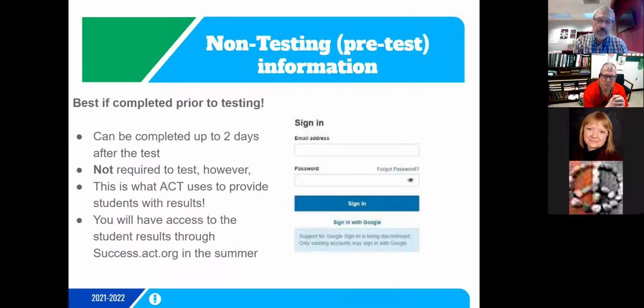Those students, I'll have to get information. I'll see if I can get information in the next couple of days from DPI as to how to get a number for them, or if we cannot get an ID or ACT codes for them to log in, how are they supposed to address the pre-test or non-test information?